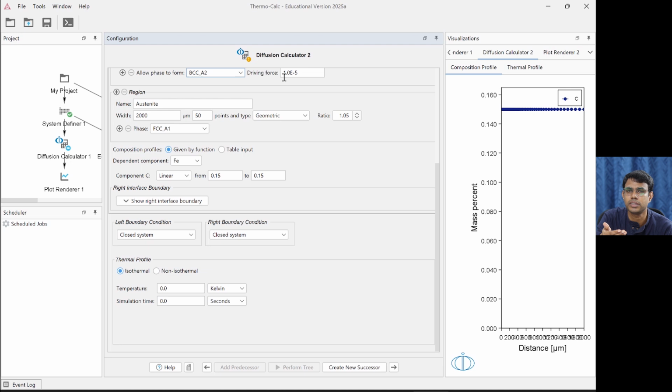So we don't need to give anything. It will automatically create a region on its own, the ferrite region on its own. It will not call it ferrite region because we have given the name in the previous exercise. In this exercise, it will call it on its own RBCC, region BCC, some kind of a name it will give, and it will calculate. Okay, so let's select the temperature also, 1073 and 300 hours. Then click perform tree.